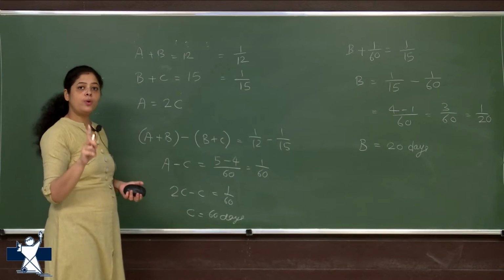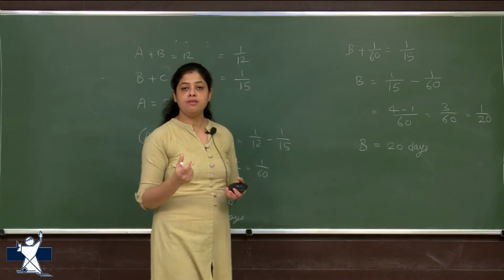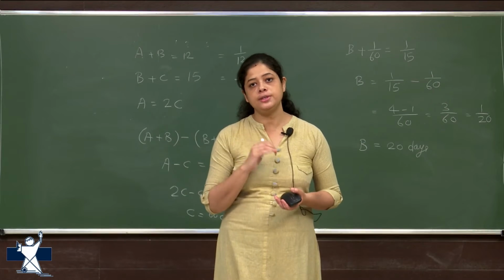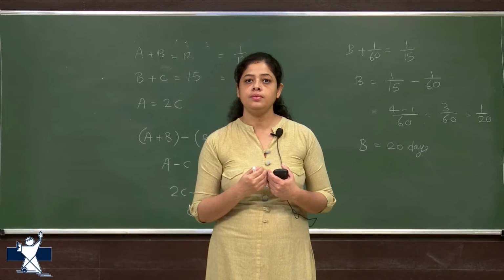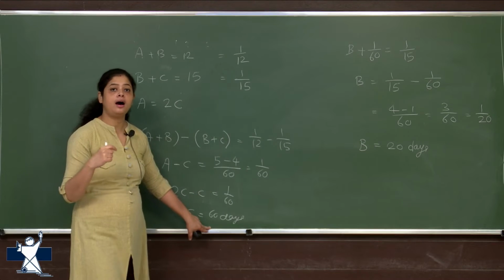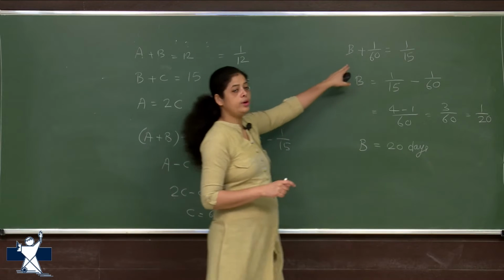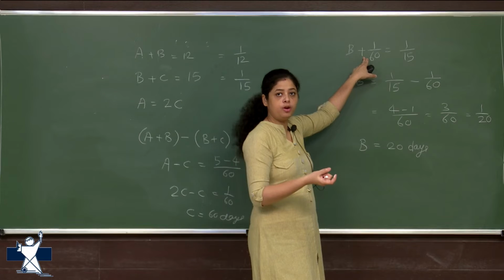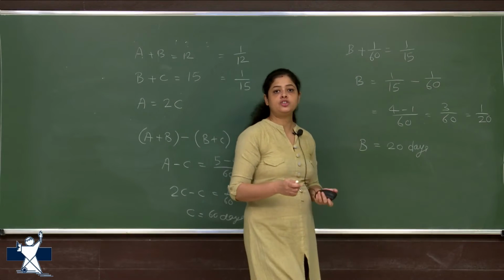But yeah, we know the day's work capacity of C, right? अगर मेरी capacity एक बुक पढ़ने की, एक दिन में मैं 5 पेजेस पढ़ पाती हूँ, तो चाहे मैं किसी और के साथ भी वो बुक पढ़ने बैठ जाऊँ, मैं 5 पेजेस ही पढ़ पाऊंगी, मैं 10 पेजेस नहीं पढ़ पाऊंगी एक दिन में, राइट? क्योंकि मेरी कैपेसिटी उतनी है. लाइकवाइज C इज टेकिंग 60 डेज, तो उसका 1 डे कैपेसिटी इज 1/60, उसके आगे वो काम नहीं कर सकता. सो 1/60 इज श्योर शॉट वी नो. दैट्स वाई ऑलवेज डू कैलकुलेशन बेस्ड ऑन 1 डेज वर्क, बिकॉज इफ वी गो ऑन फाइंडिंग द टोटल नंबर ऑफ डेज, तो वी कैनॉट रिप्लेस इट डायरेक्टली इन सच इक्वेशंस. सो ऑलवेज कैलकुलेशन इज बेस्ड ऑन 1 डेज वर्क.